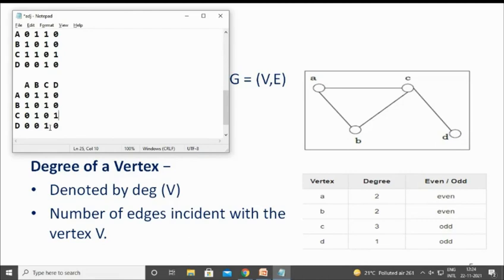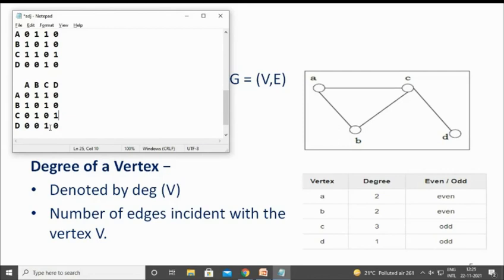That means in case of directed graph, if you want to calculate the in degree, you have to freeze the column value, okay, and go through the rows, and you check whether it is 1 or not. If it is 1, then you add it, so you will get the in degrees. If you want to calculate out degree, then freeze row and go through the column and check whether the corresponding value is 1 or not.